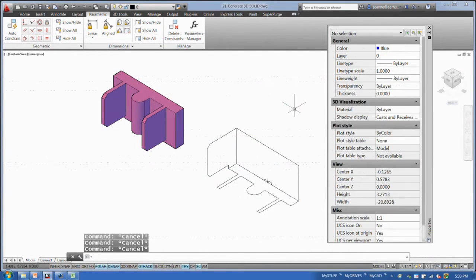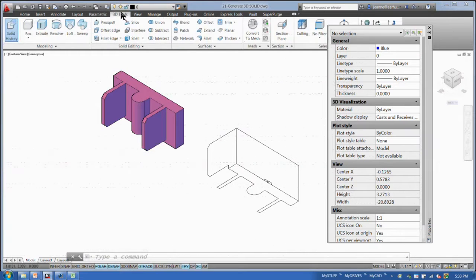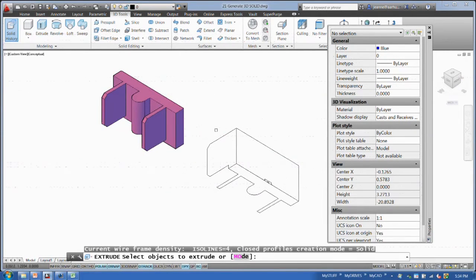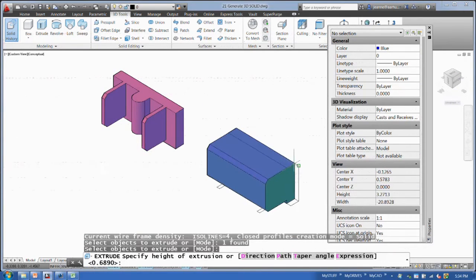All right? Now the concept behind this is I only put the 3D model there because I wanted you to see where we're going with this, but I've got an old drawing that's got my 3 views in it. You've got multiple sides of the view, and now I want to really make the solid out of it. So I did my 3D rotate and I aligned everything, all right? And then we're going to go to my 3D tools and we're going to extrude. So I'll do this one first. I'm going to go all the way over to the